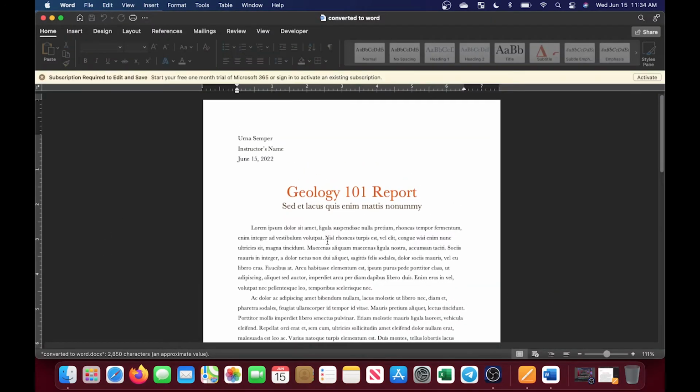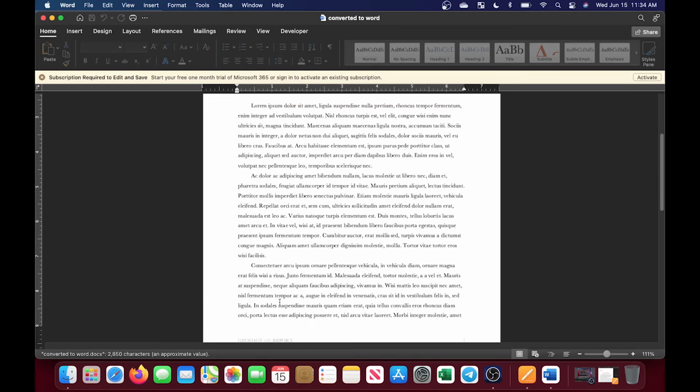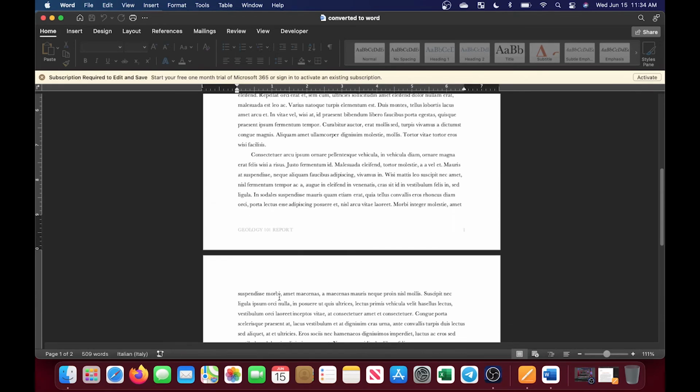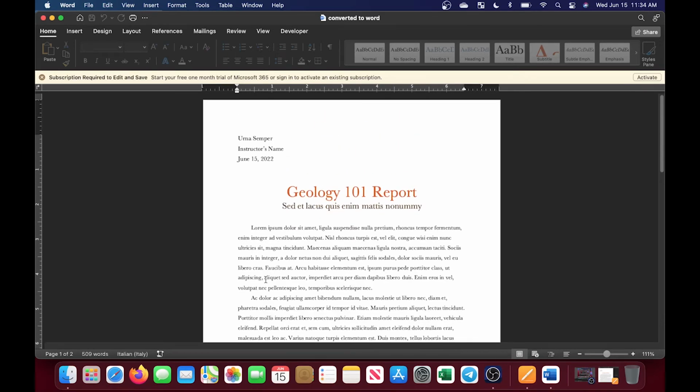Boom. Now this is just a preview of this. I don't have Word set up on this computer. I just have to re-log in to activate it, so I'm not going to be able to edit it from here. But some things to note: you want to make sure that your formatting and whatnot will remain the